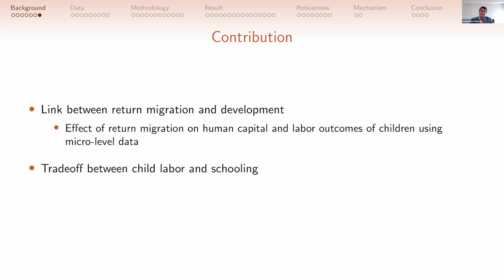Now, sending a child to work, from the perspective of the household's decision, might be because that's a basic need for the household to survive. While taking the decision, the cost of child labor is not taken into account, because child labor may impede physical and mental development and also cause a decrease in human capital accumulation. Now, when the migrants return back home with all these accumulated savings, occupational mobility, and financial stability, this can all contribute to the development of the child in the household through more investment in education and knowledge diffusion. So return migration can be a channel through which,